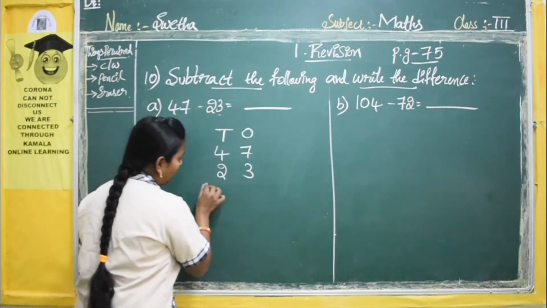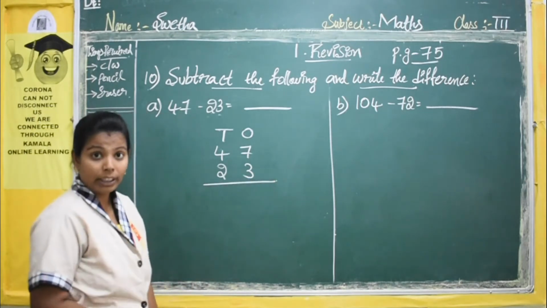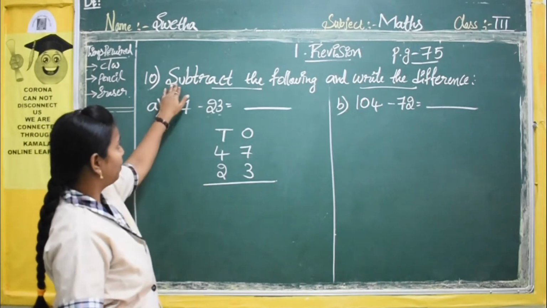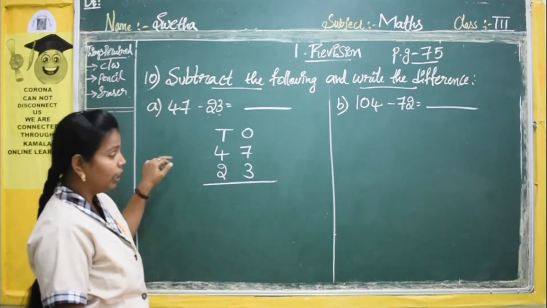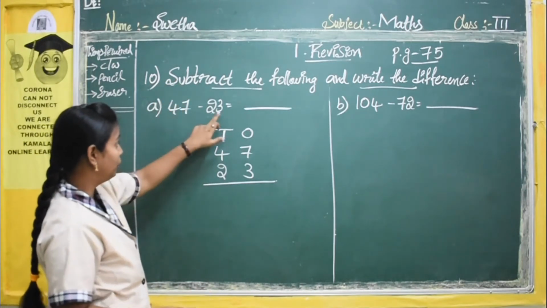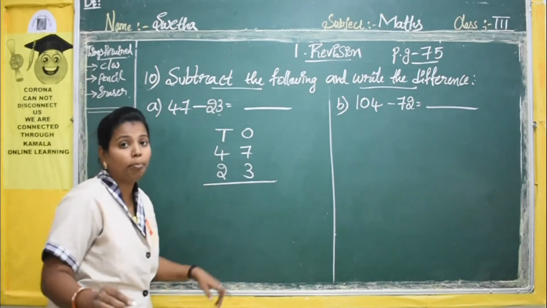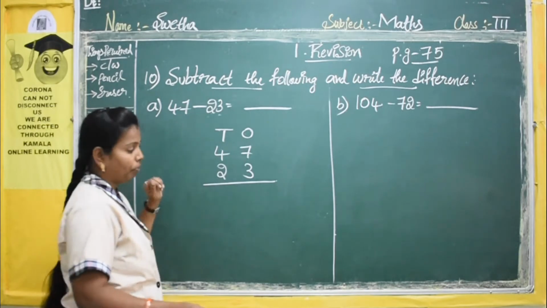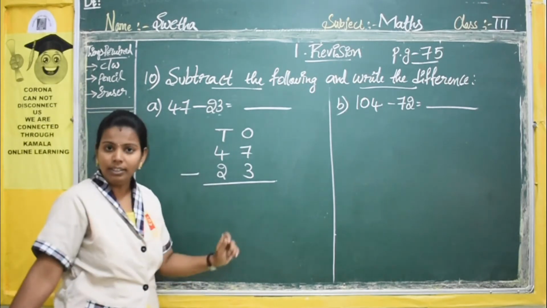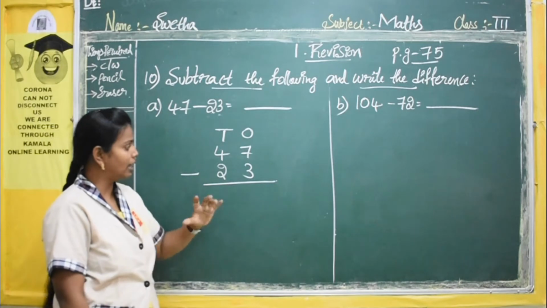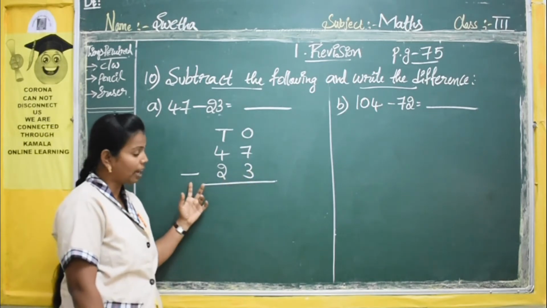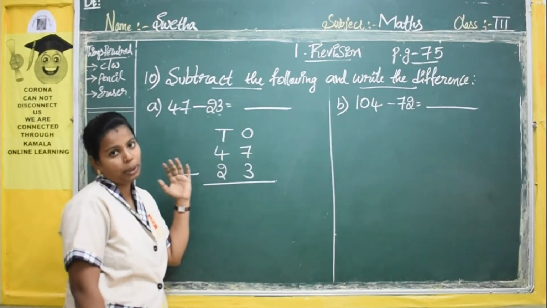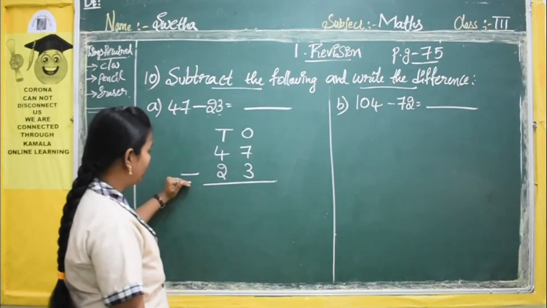I told you before, the important thing when you are doing the problem is writing the symbol. So for subtraction, what is the symbol? They have already given it here between these two sets. This is the subtraction symbol. It is called minus. So we will write the symbol here. The symbol is compulsory. As soon as you see the problem, you will understand which type of problem it is and which method you have to use. So we will write minus here.